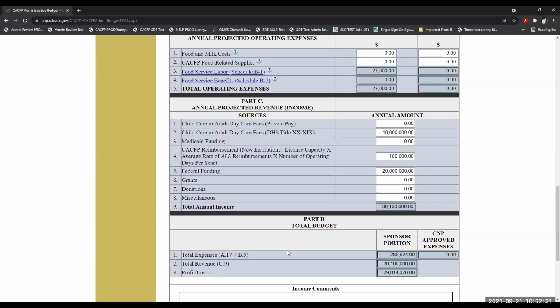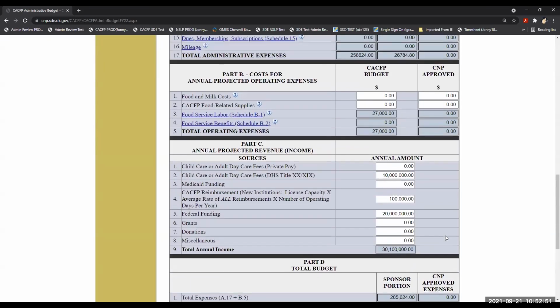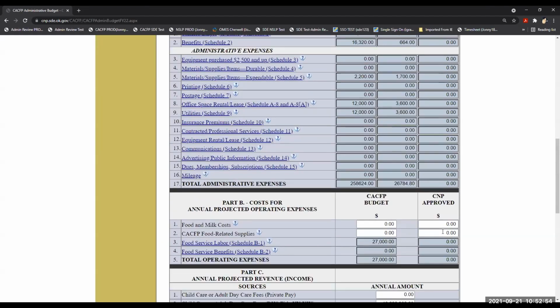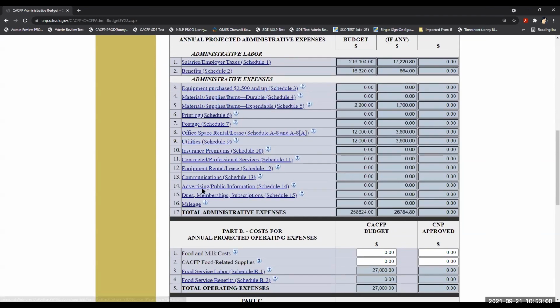Going into next year, 2023, not this year, but be prepared that we've changed this budget now, we're capturing more, but what's going to happen is on application renewal next year in 23, we're going to be looking at what you actually spent closer. So you have this projected budget. It should be a budget you're updating as changes are made. So say you've got your people listed individually that you're paying with CACFP funds, right? Well, if